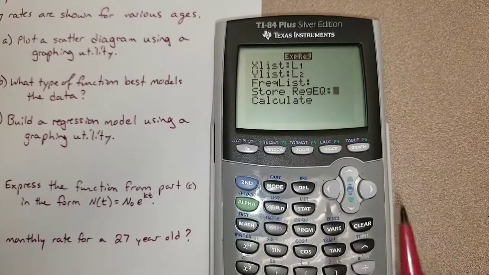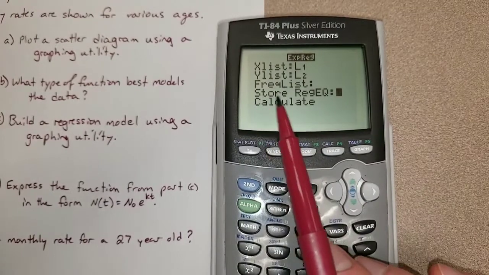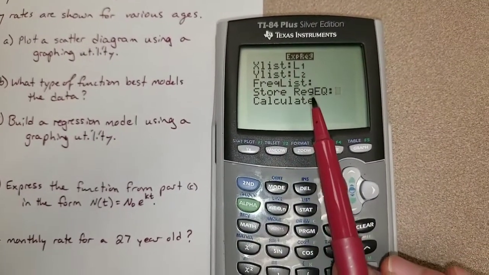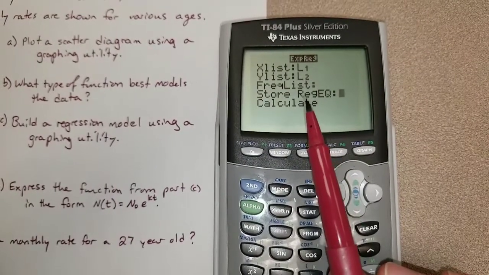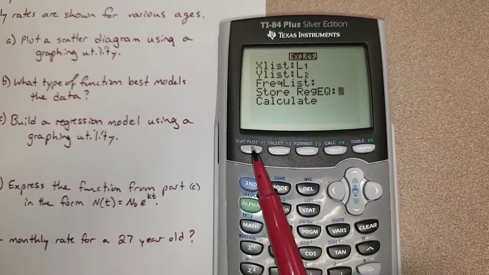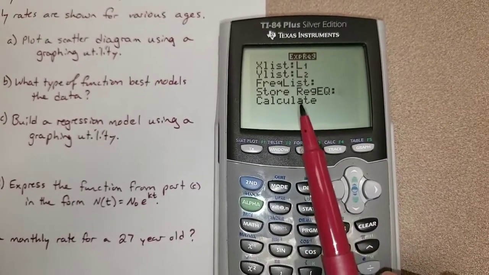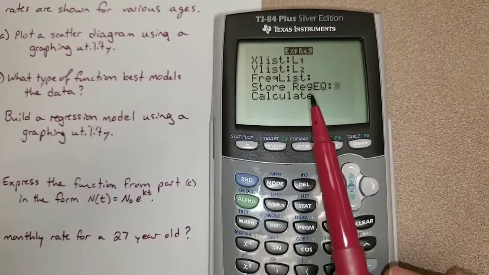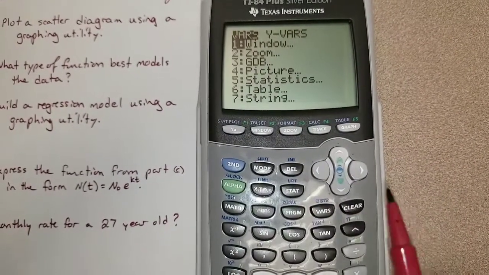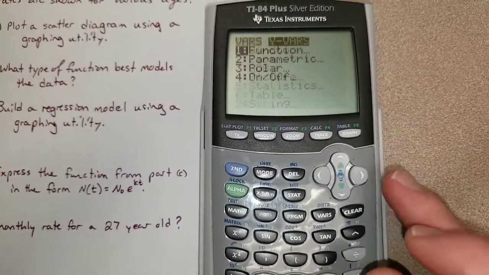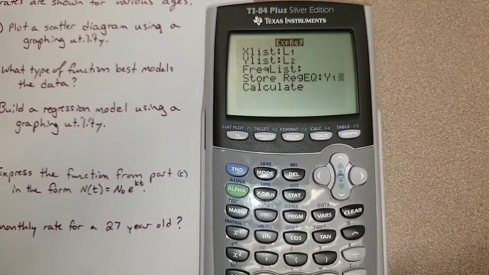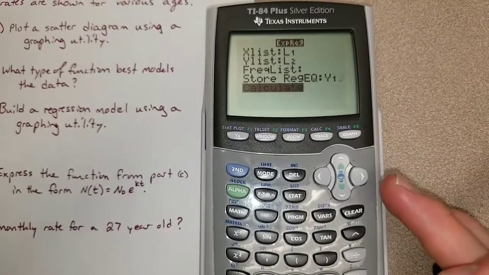I do want to store this. Some of you will have a little different screen here, and you may have to do some other work to get this to store, but I want to store this in my y1 equation so that I can show the graph with the scatter diagram. And so to do that, I'm going to go to my variables button, and I want to store it under y1. So I go over to the y variables, then function, then y1, and then I go down to calculate,